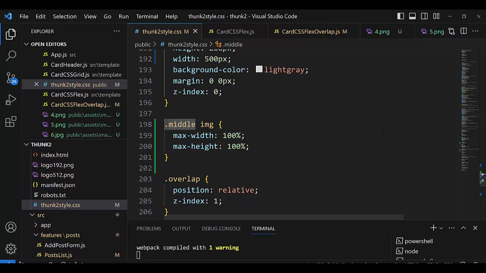And a very, very hard job was positioning and alignment. Very, very, very hard with float left, etc. And now with CSS grid level 2 and CSS Flex box layout,